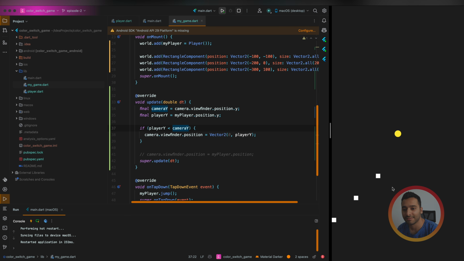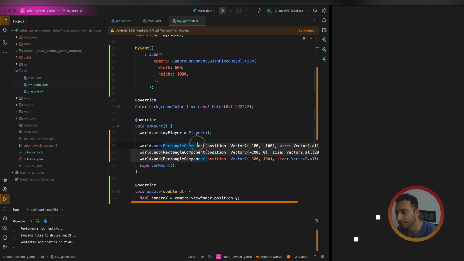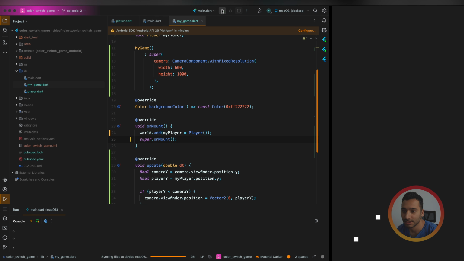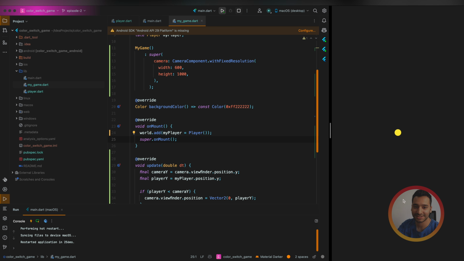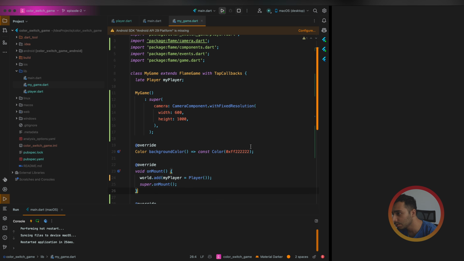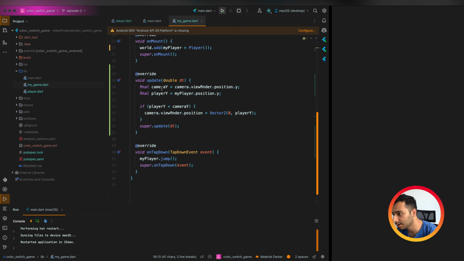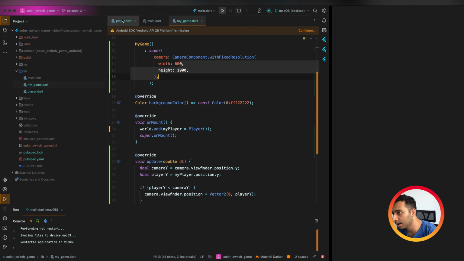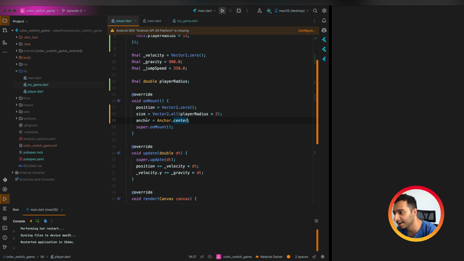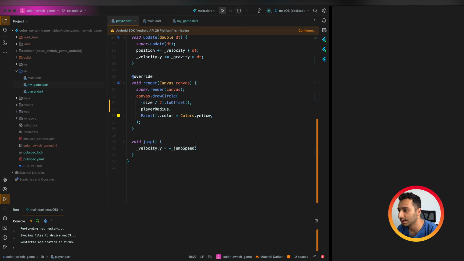Yes, so now we have a basic mechanic of our game, a color switch game, and let me finalize this code. We can remove these test components. Yeah, as you see, it is moving, but we cannot see other things. That's why you don't understand that it moves. So we have this resolution, background color, camera, and here in our player we have fixed everything, and yeah, that's it.